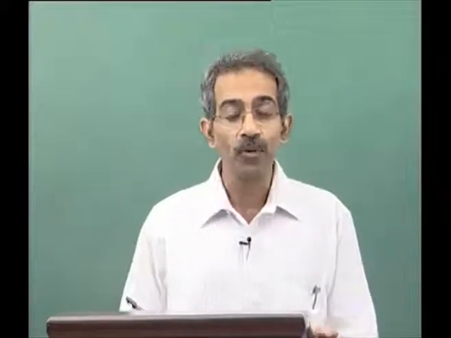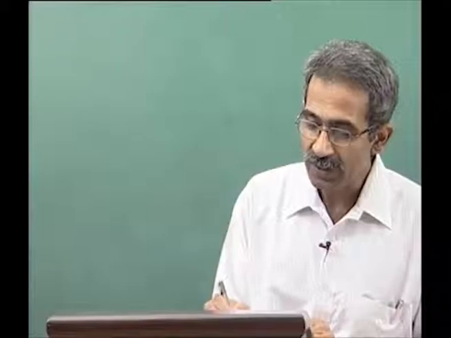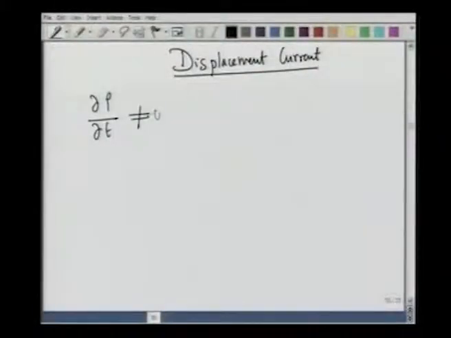We promised ourselves in the last lecture that we will now look at the most general situation, where you also admit time dependent charge densities. So, when there is a time dependent charge density, ∂ρ/∂t is not equal to 0, and this implies divergence of J is not equal to 0, which implies the currents are not steady.